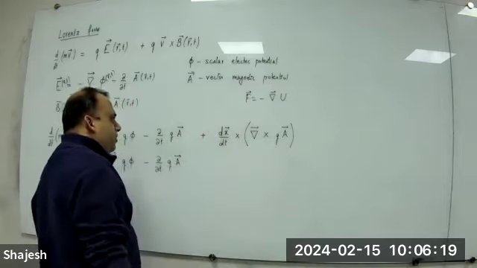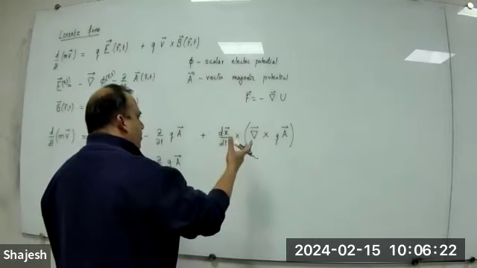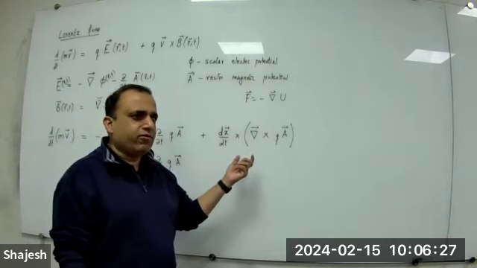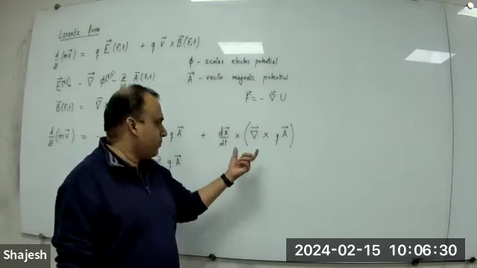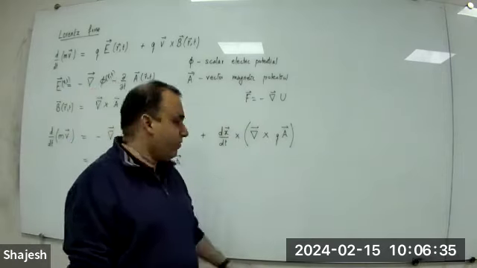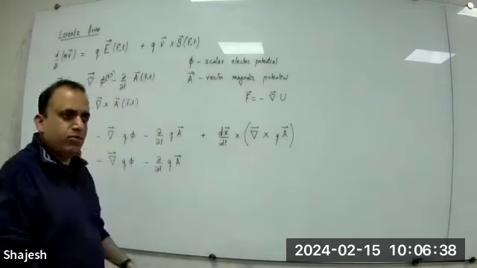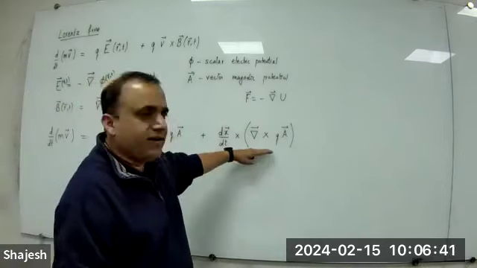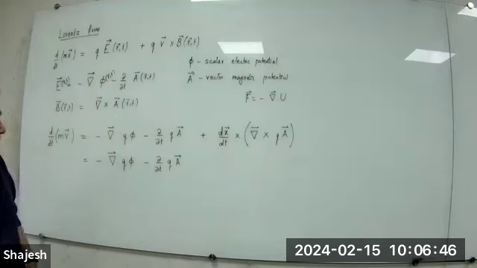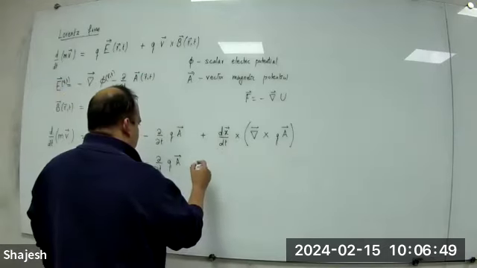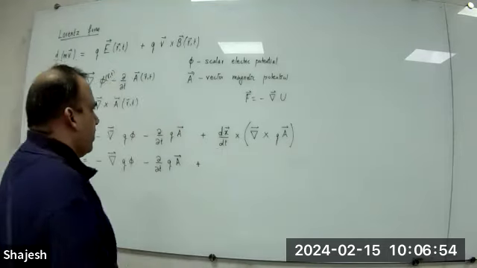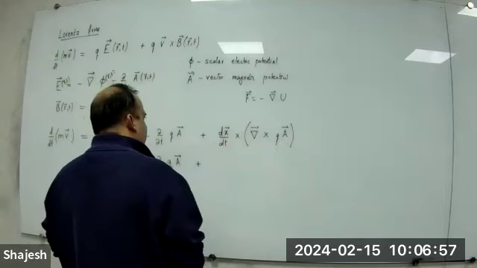This is a cross b cross c, and remember this is a gradient operator, so one should be very careful. How many of you have done math methods? I think some of you have done math methods. We do spend a good amount of time in it. E&M also we spend a good amount of time in it. Pradeep and Fuza, you should try to fill in and see how we expand this. Otherwise, I'm going to write this in a few steps. Make sure you get what I'm doing.